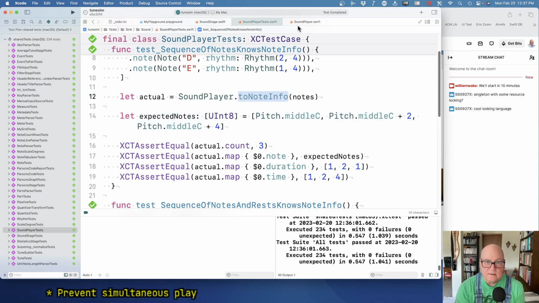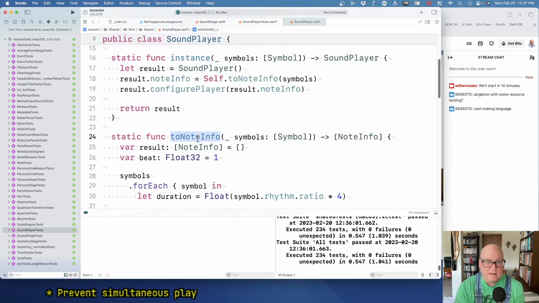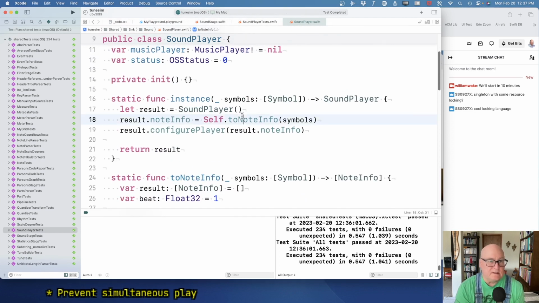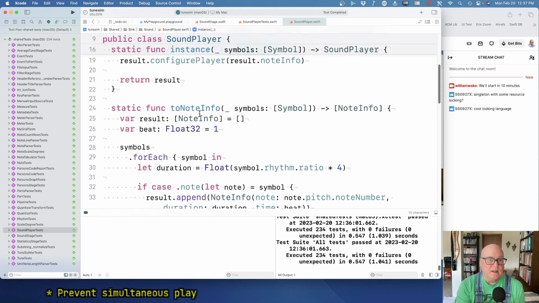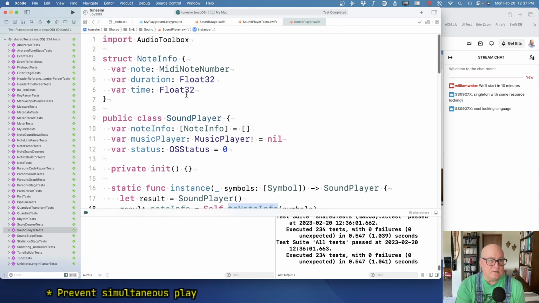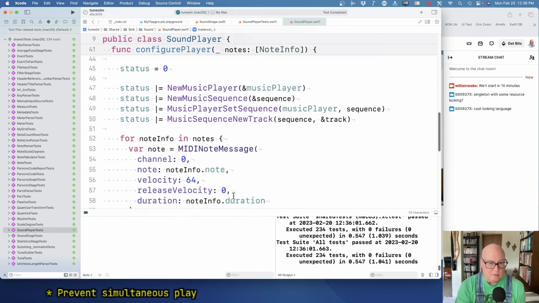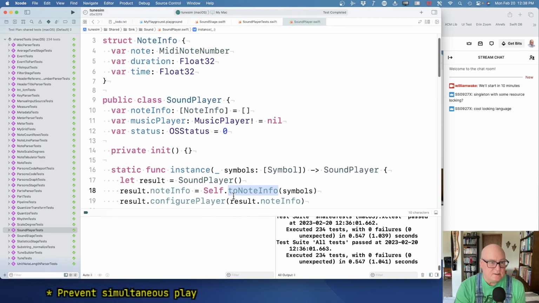This is kind of a compromise to testing. I'm providing this function that my test class can run, and knowing that it's invoked in here, it's sort of the last minute I can look at stuff that's still in my domain, this sort of transition domain, before everything is done in the low level MIDI music player domain. Okay, so